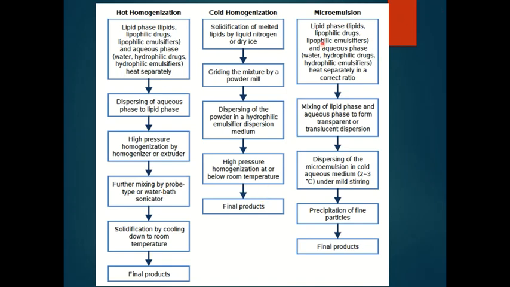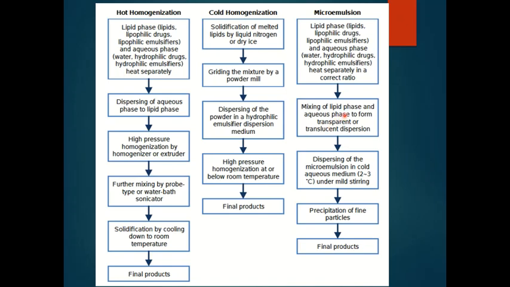Then some may have doubt: we require sophisticated instruments like high pressure homogenizers and sonicators, so can't we do it if we don't have these? There is a method called the microemulsion method, where there is no need of any hi-fi equipment. A simple mechanical stirrer is enough to perform the experiment. Here you again take the lipid phase and aqueous phase separately and mix both of them. You have to optimize the ratios of surfactants, lipids and aqueous phase in such a way that even a simple mechanical stirrer gives you a microemulsion.